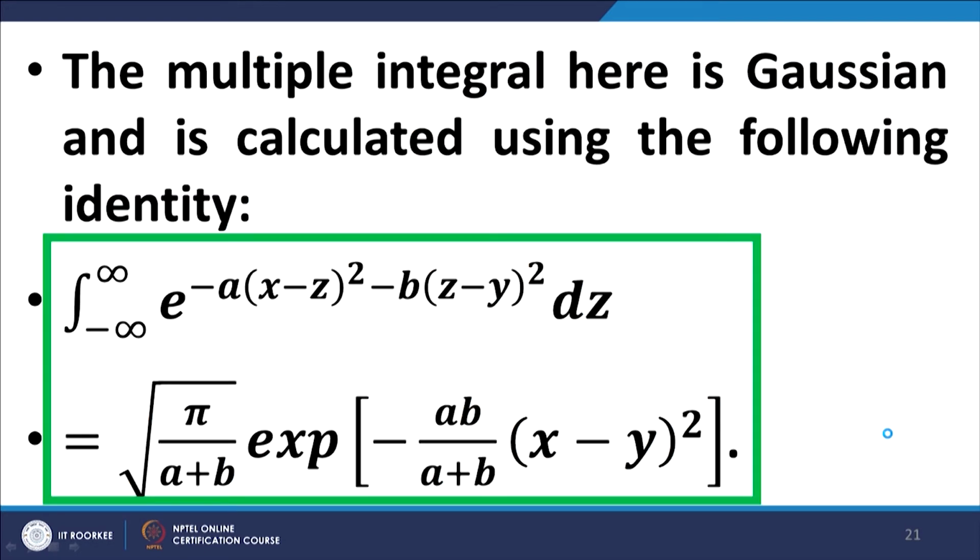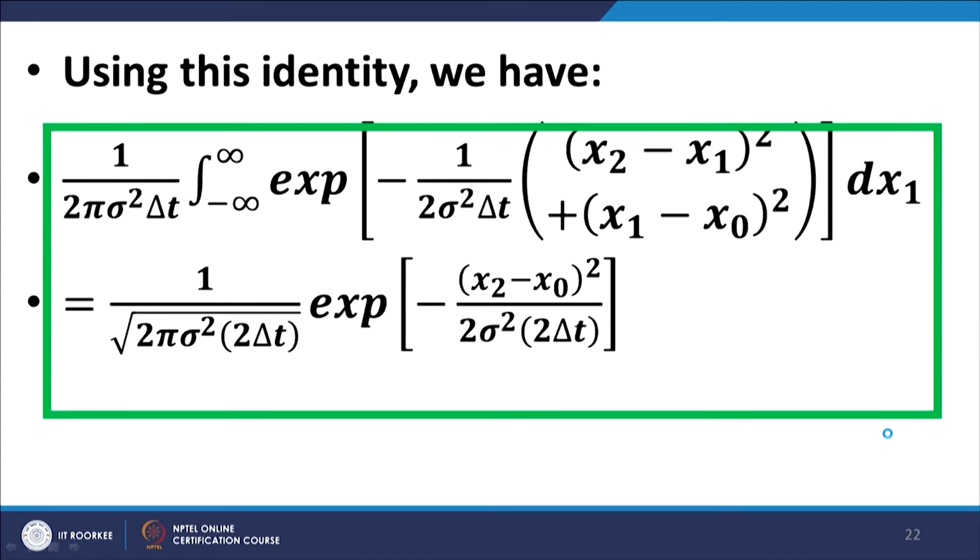This integral is Gaussian, and we evaluate it using the formula that we have in the green box here. You would recall that we used this formula earlier when we worked out the quantum mechanical path integral for a free particle. It follows absolutely the same lines, and the formula used therein and here happens to be precisely the same. So, we quickly run through it. This integral of course is Gaussian. So, using this identity, we can write